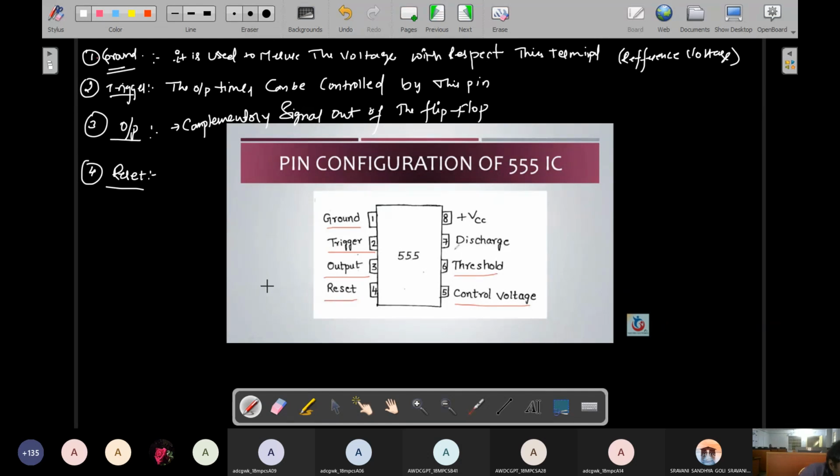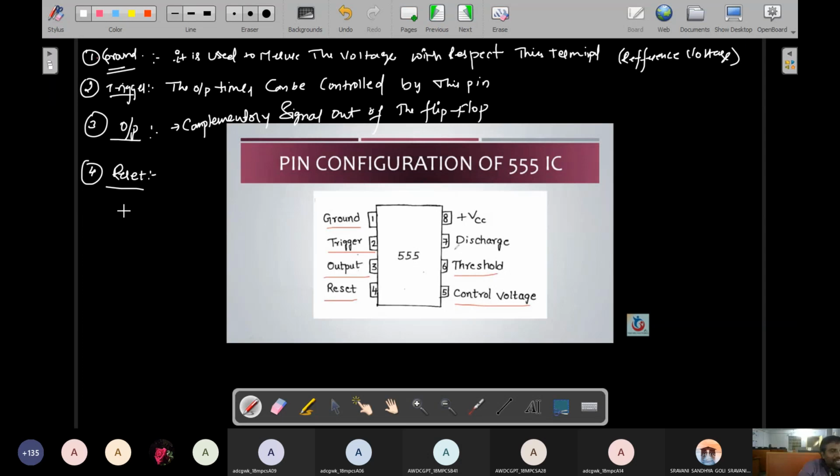Why? Because if you give the reset pin, the data inside will be changed automatically. What is reset? Set means something is there in the circuit. Reset means nothing is there. That's why we are not using the fourth pin in this device, because the fourth pin is empty. Inside there is data, because plus VCC gives something to this 555 IC, so something will be present inside the 555 IC. Suppose you give a reset pin here, then the inside data will be automatically erased. That is the reason why we are not using the reset pin.